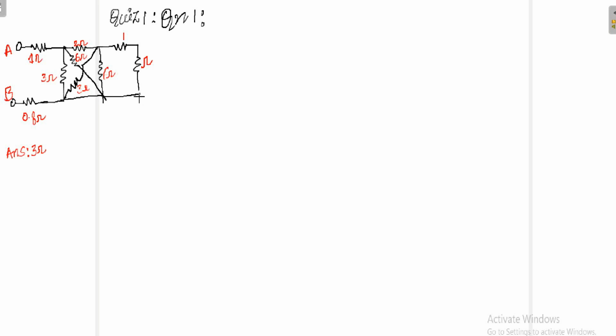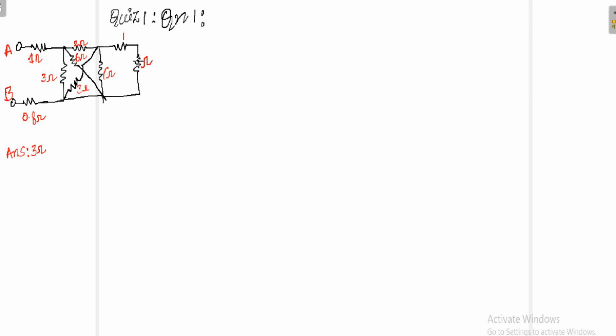So always remember that here they are asking for the equivalent resistance between A and B. So they are asking for the final solution on the left side. So always start from the right side. Always try to reduce the circuit from the right side. Don't start in the middle or from the left side, because they have asked from the left. If A and B were on the other side, then we would need to start from the left side. So here our final answer should be on the left side, so start from the opposite side, that is the right side.